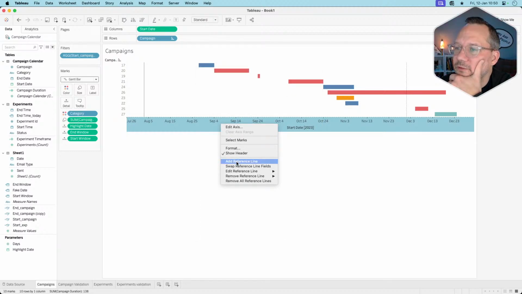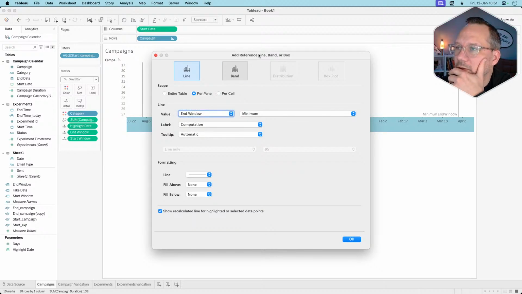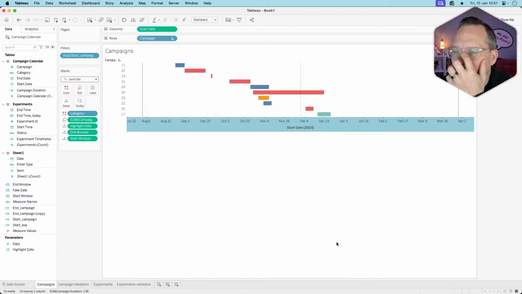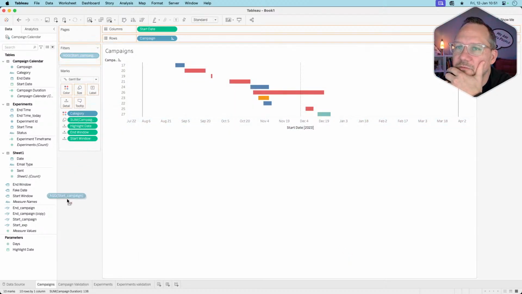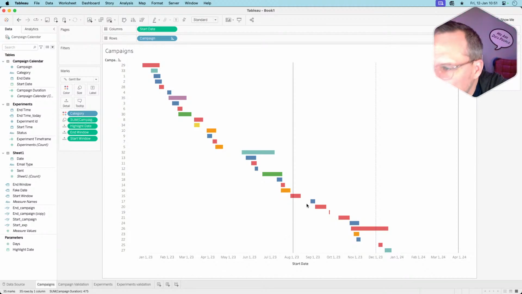I'll add another reference line for the end window. Okay, and then I'll do this. Yep, and then I'll remove that. Okay, so